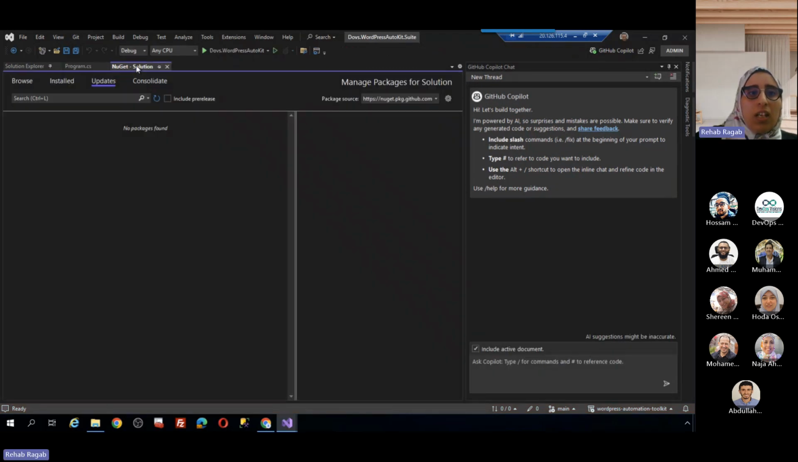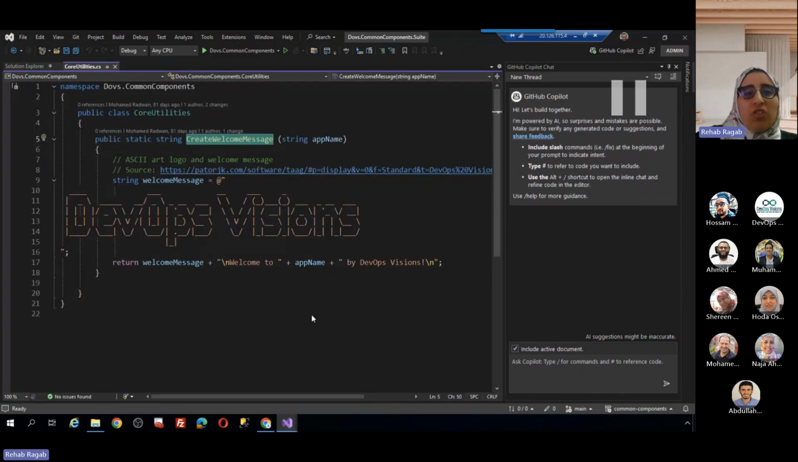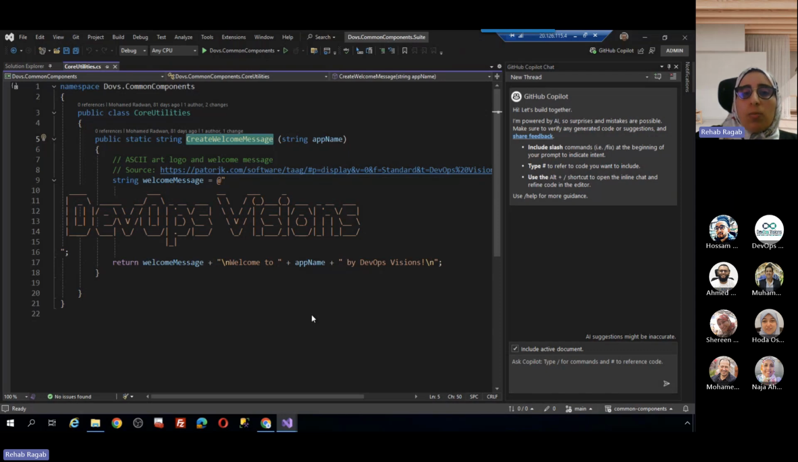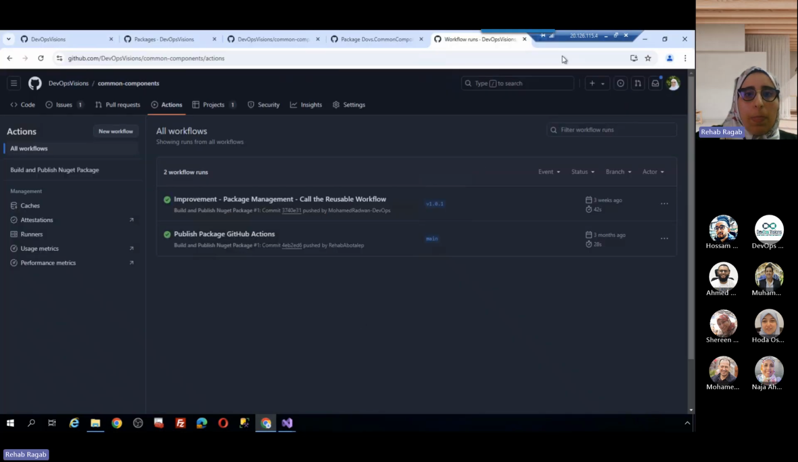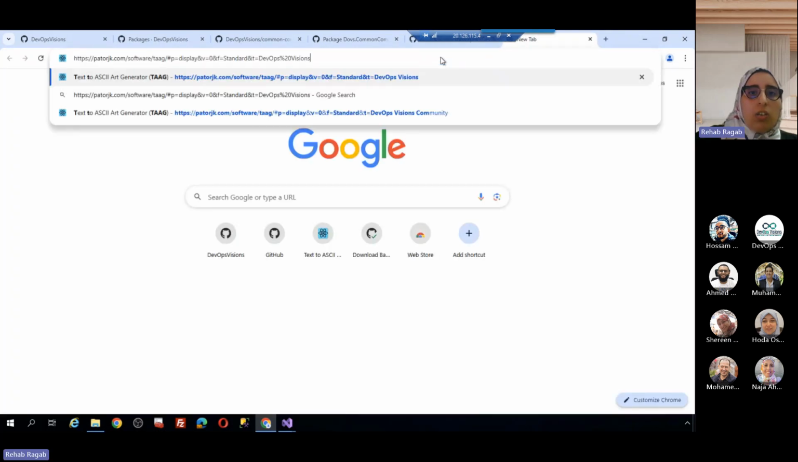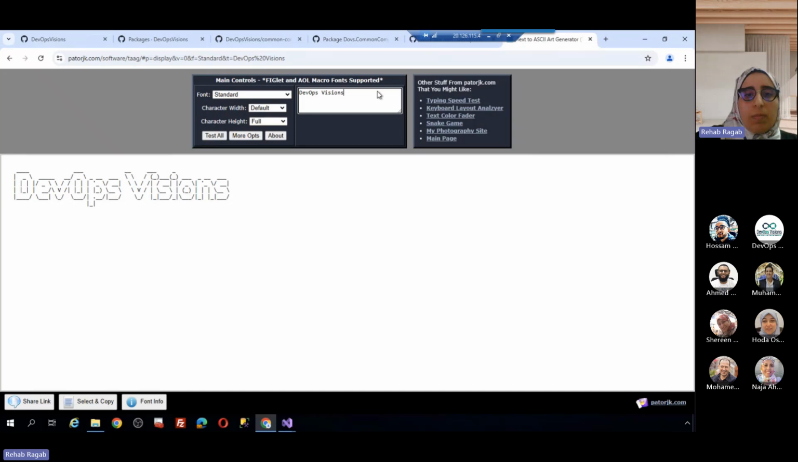So again, here, there are no updates before making any changes. Let's make a simple change here and see how we can publish a new version of this package to GitHub. This is the source where we created this ASCII message. So let's navigate here and amend this message to add a new word, DevOps Vision's community,